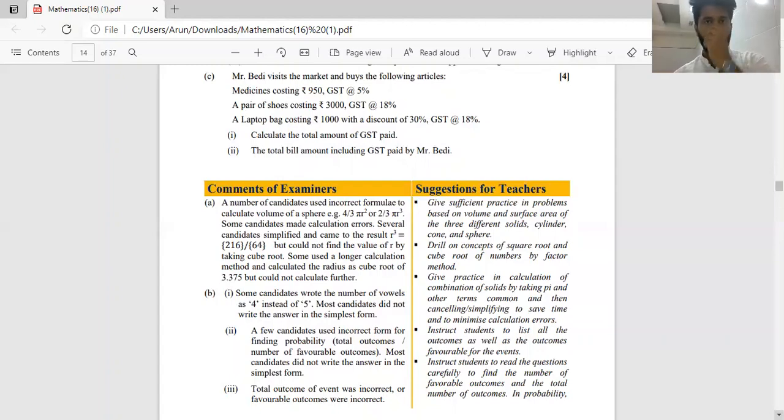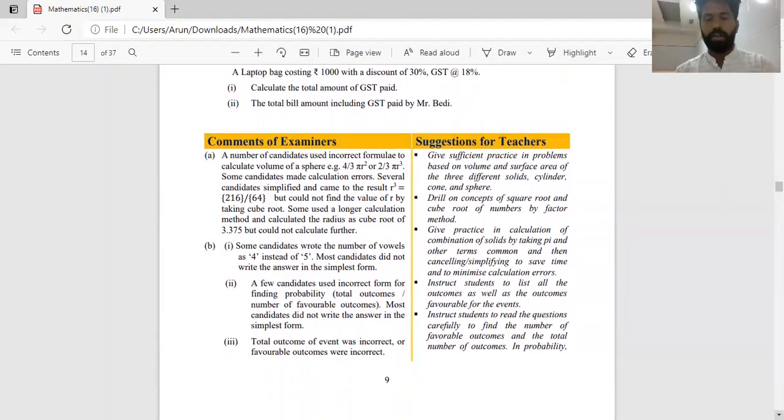And the formula for probability is the ratio of favorable outcomes to the total number of outcomes. So you have to solve as many sums as you can from probability. It is based on just one concept. So you need to first carefully read the question. You need to carefully understand how many total possible outcomes are there. You need to really understand and comprehend well how many favorable outcomes are there, and then accordingly you have to write the formula once and make the calculations, reduce the final answer in the simplest form if it is possible to be reduced further.